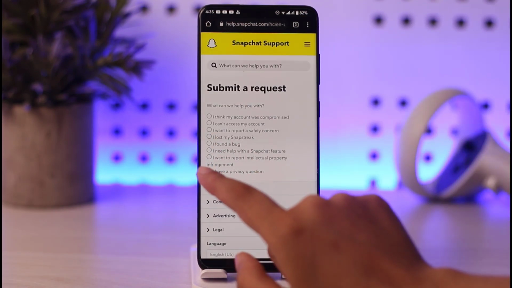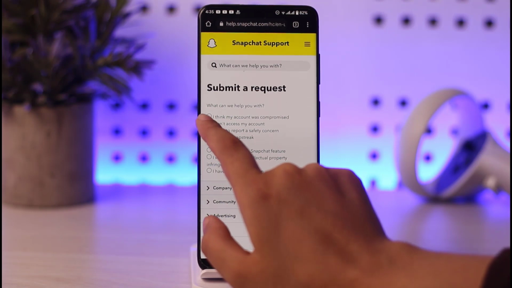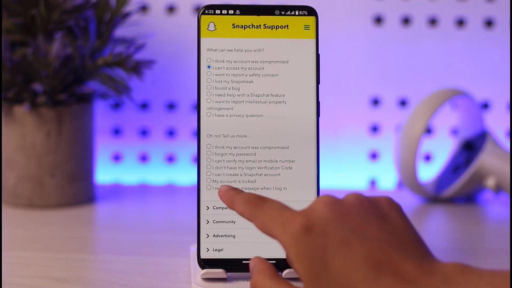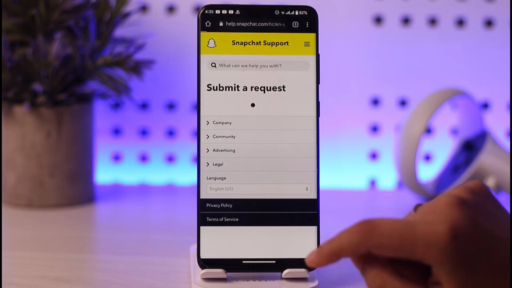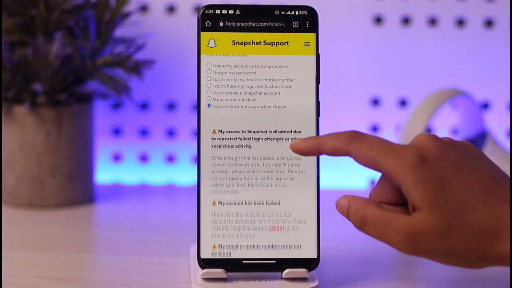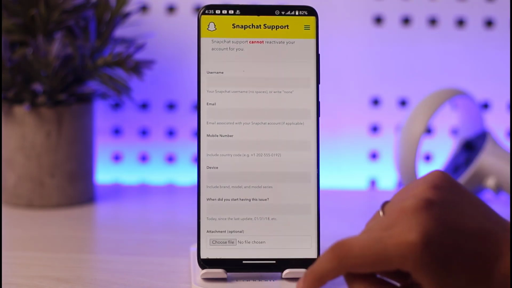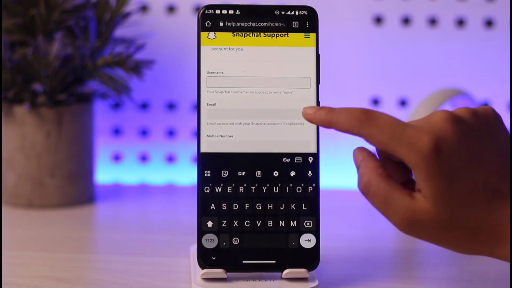Go ahead, tap on this option called I can't access my account, and simply tap on this option called I see an error message when I log in instead of my account is locked. If you do that, you will be able to get this kind of options. What you're gonna do is tap on this yes, and now enter your username that is locked,